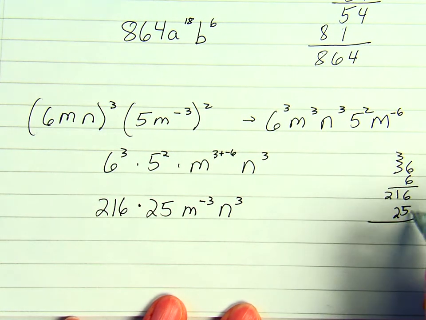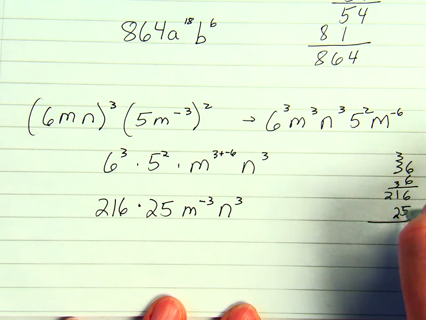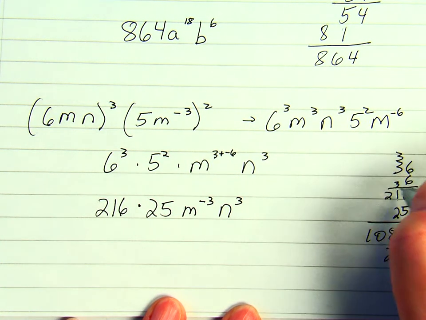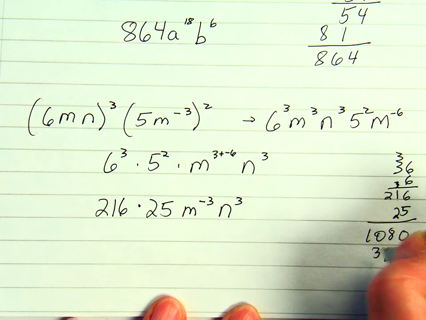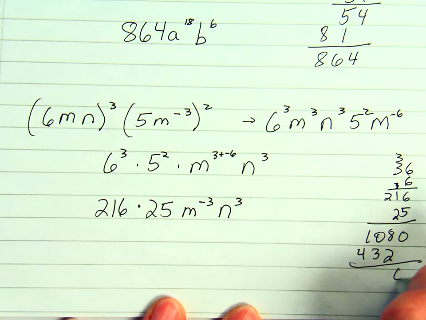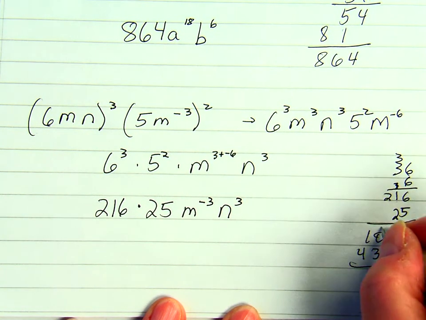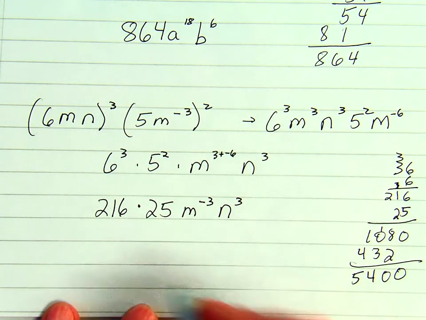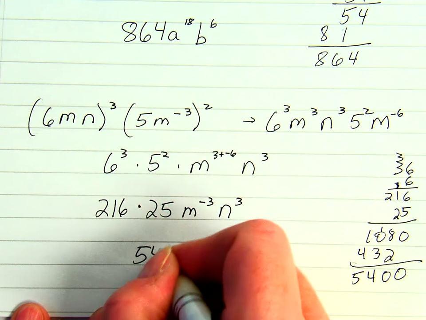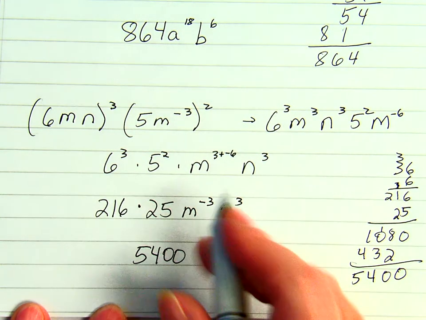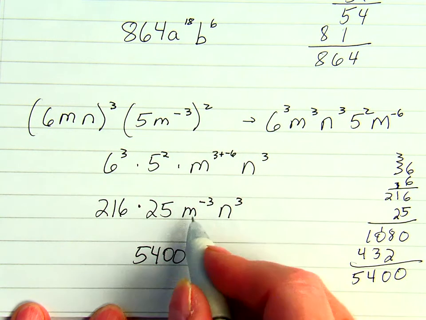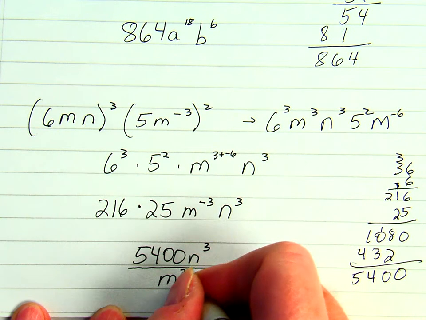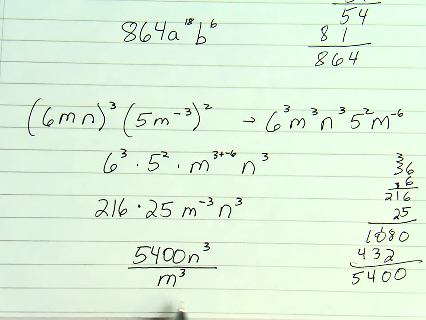216 times 25 is, 5 times 6 is 30, and that's 8 and 10. 2 times 6 is 12. 2, 3, and 4. Here I get 0, 8, and 2 is 10, and that's 4, and that's 5. So I end up with 5,400 n cubed, and I'm going to put that m where it belongs, which is in the denominator,